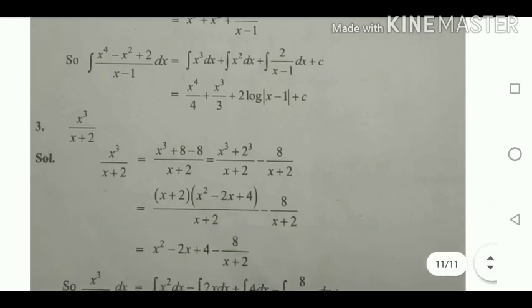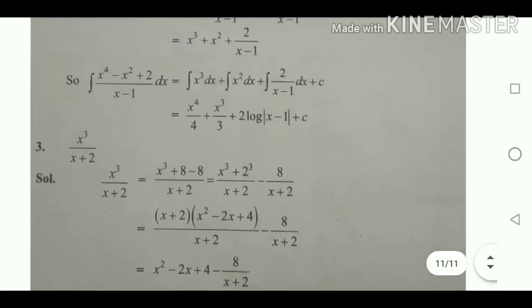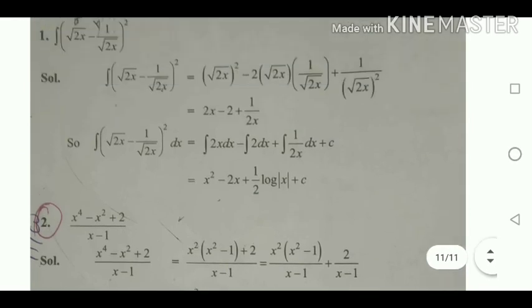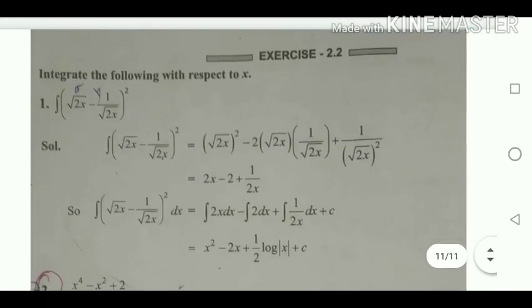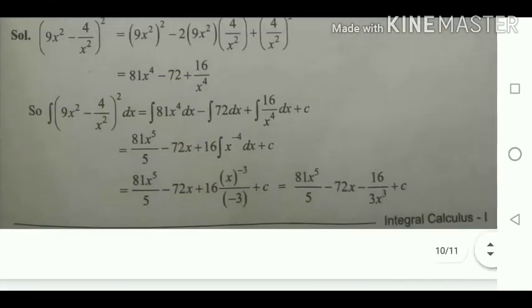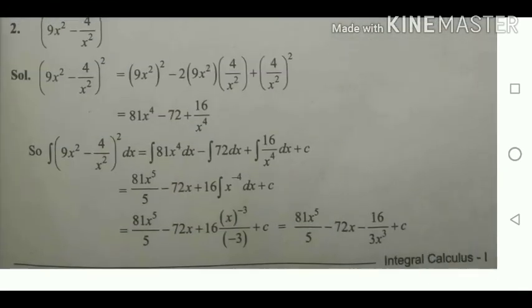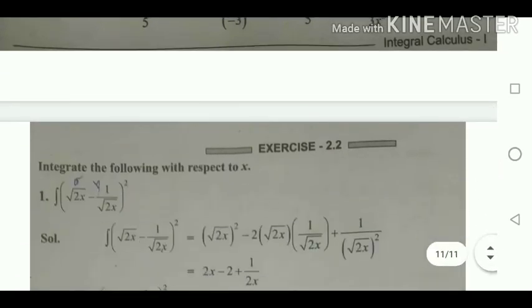Okay, so do the third sum. So up to this we are revising. I think all those things are revised. Yes, all the models are revised. So if you concentrate on these sums, you are getting more marks. So do all those sums in your school note, that is, all the subjects are written in one note. Okay, so take your school note, do all the sums.